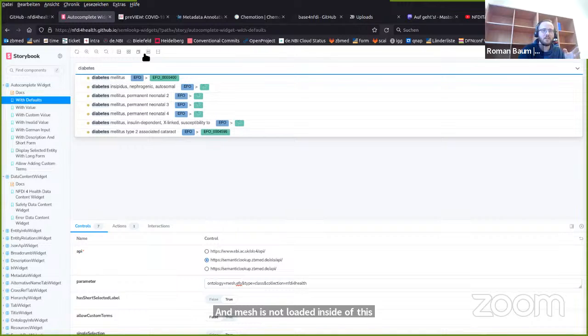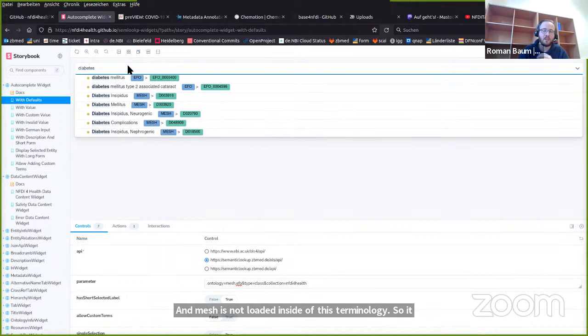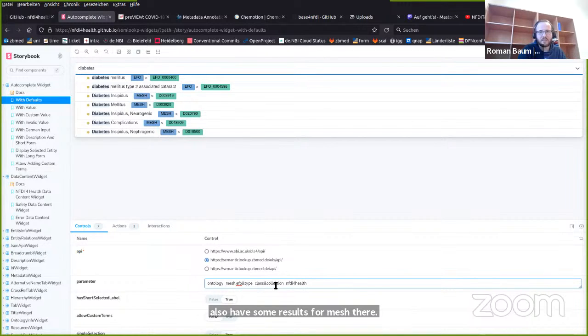So it would already be possible, as I mentioned before, to query external databases and repositories to use these widgets. I now switch back again to this API from XAMLP, and you see that you also have some results for mesh there. I'm also filtering here for a type which is called class, and then I have something like a collection. This collection is used if you want to have a subset of ontologies. In this case, we have a subset of ontologies based on NFDI4Health. What I could also do here, and what is not possible via OLS, is add a language here. And I will remove everything else.